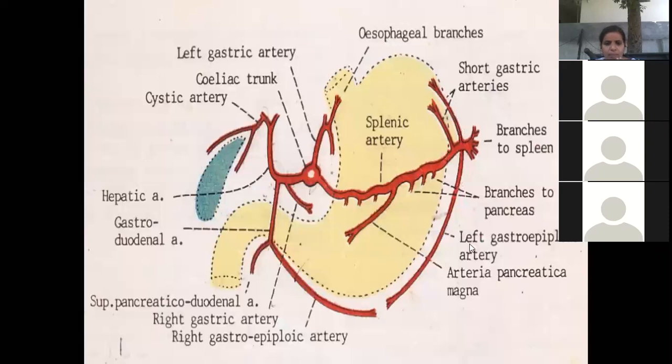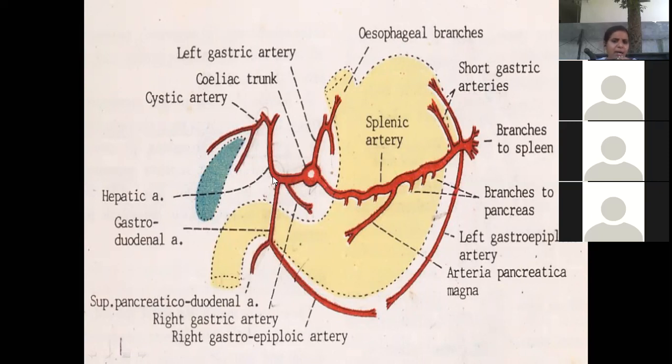Okay. So this is the celiac trunk. Okay, so this small artery, which is the smallest branch coming from the celiac trunk, is left gastric artery. This is the splenic artery, which actually goes behind the stomach. Okay, and it is entering into the hilum of spleen to give splenic branches. These are all short gastric arteries which are moving towards the fundus. This is the left gastroepiploic artery coming from splenic. Now to continue the journey of this common hepatic, it continues as proper hepatic.